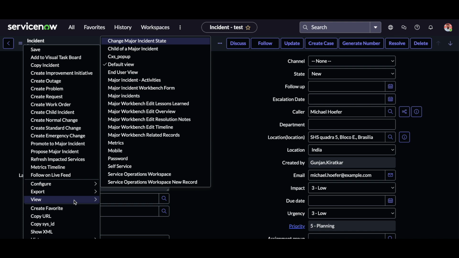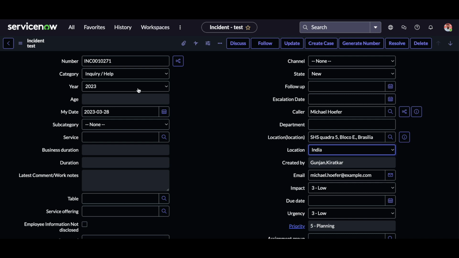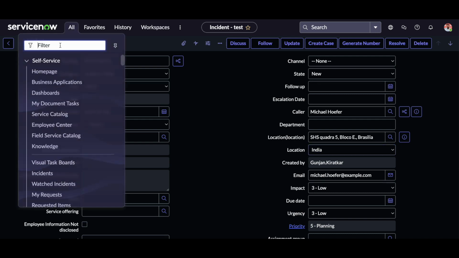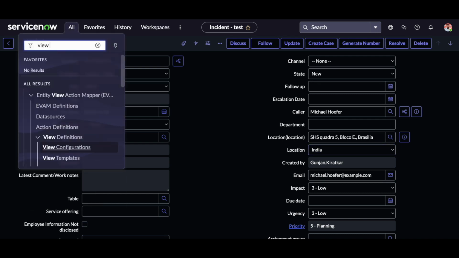And currently it is on the default view. So as you can see, there are end user views as well as the major incident, a lot of views are present. So if I wanted to restrict the end user view always for this incident table, then how can we do that? In order to do that, we just need to navigate to the view rules